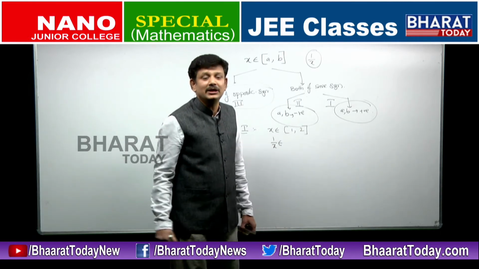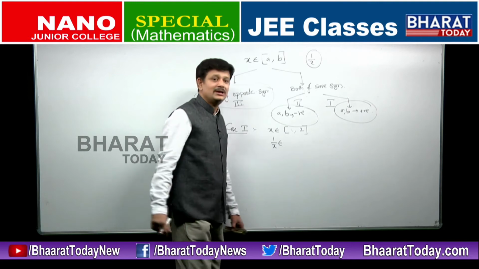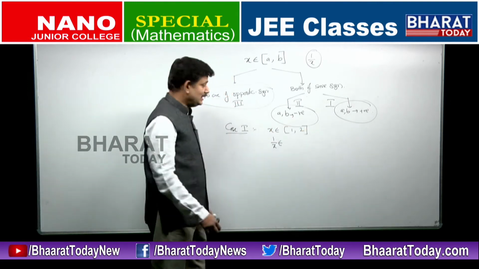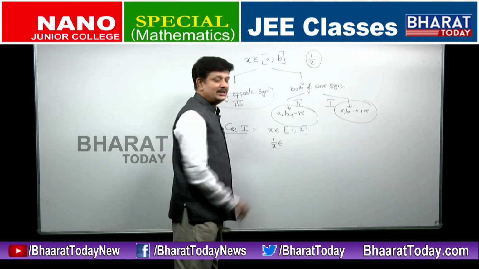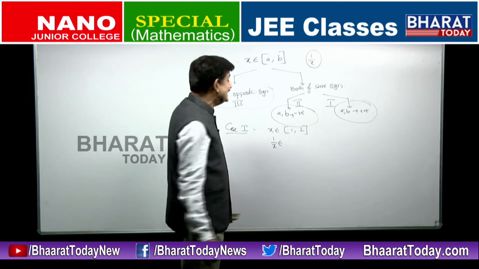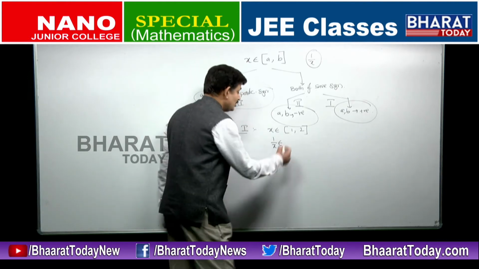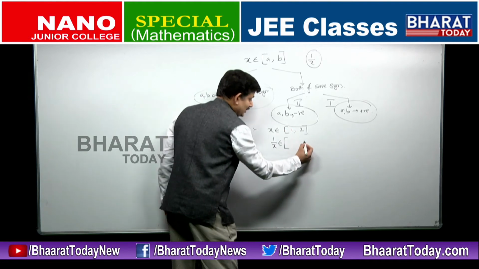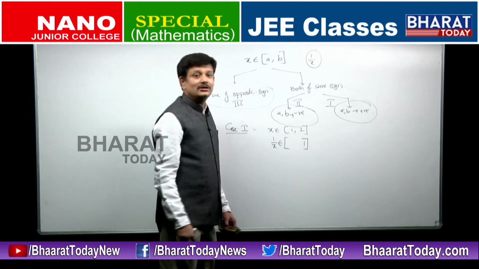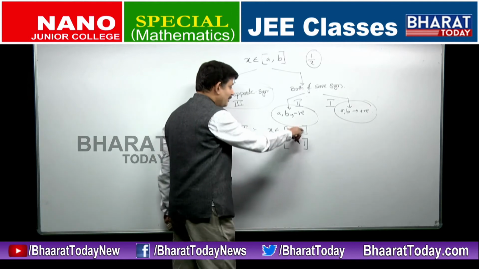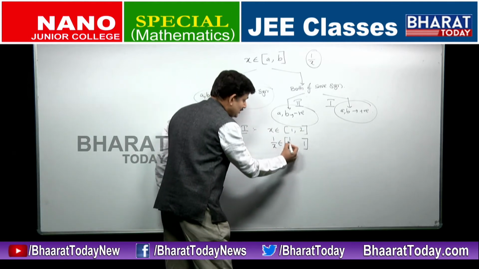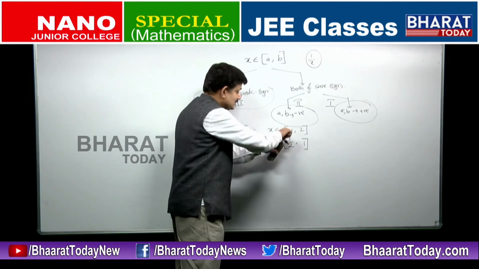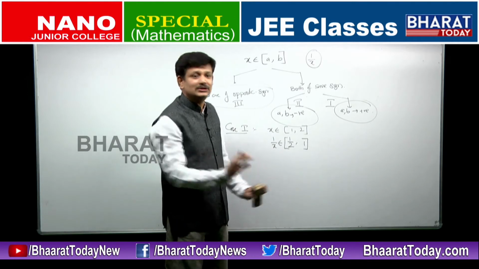Like we did with multiplication by a negative number. Whenever I multiplied by a negative number, I said decreasing function, and what I did was simply reverse the inequality, reverse the positions. So 1 by x, whenever the numbers are positive, is a decreasing function. So you simply reverse the positions. 1 by 1 is 1, but you will not write it on the left side, you will write it on the right side. 1 by 2 is 1 by 2, you will write it not on the right side but on the left side. Reciprocal of 2 I am writing here, reciprocal of 1 I am writing here. Simple thing, that's it.